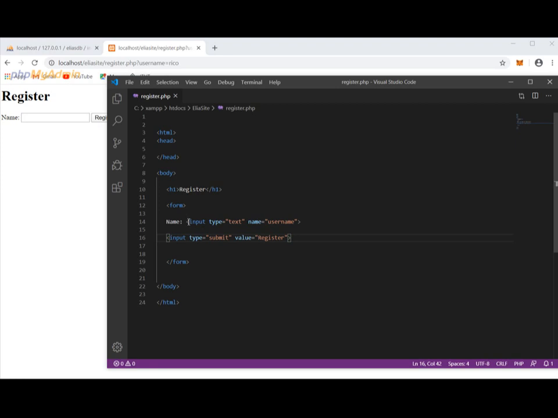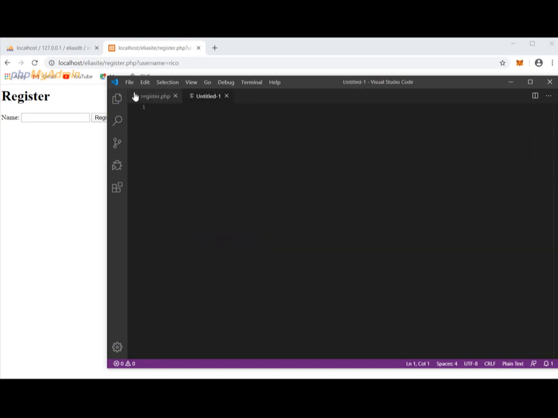But if we would like to create an action going to our file, let's say I'd like to go to welcome.php, then what would be the method? Method would be post, as compared to get. Post is more secure if you're dealing with a password. But for now, let me use post to post whatever be the username or the name I would want to display into the welcome.php. So let's create a file called welcome.php